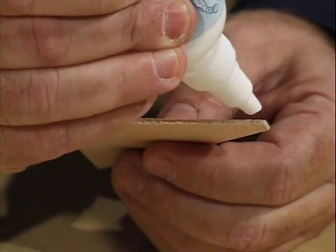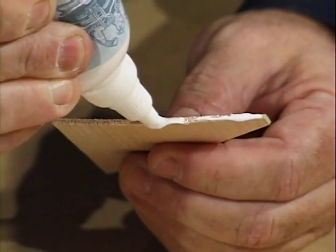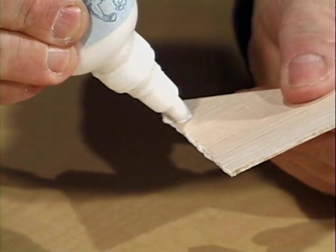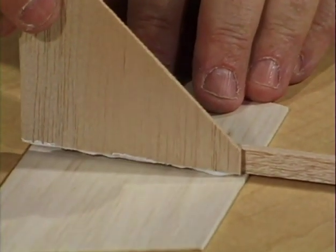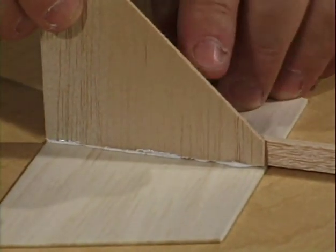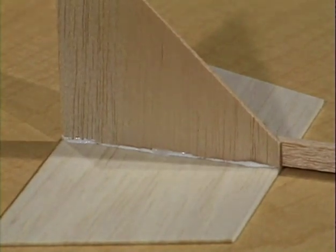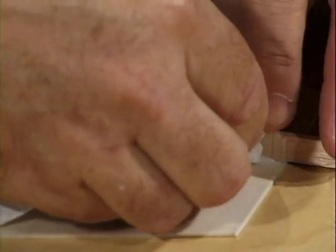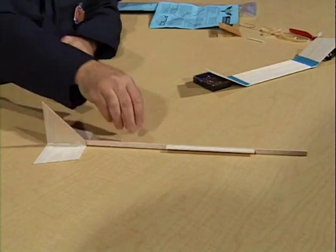We add a bead of glue to the bottom of the vertical fin, and to the side of the fin, which is next to the fuselage. We place the vertical fin next to the fuselage and on top of the horizontal stabilizer and press it into position. We once again remove any excess glue. We have finished assembling the fuselage and tail section, and we'll set that off to one side